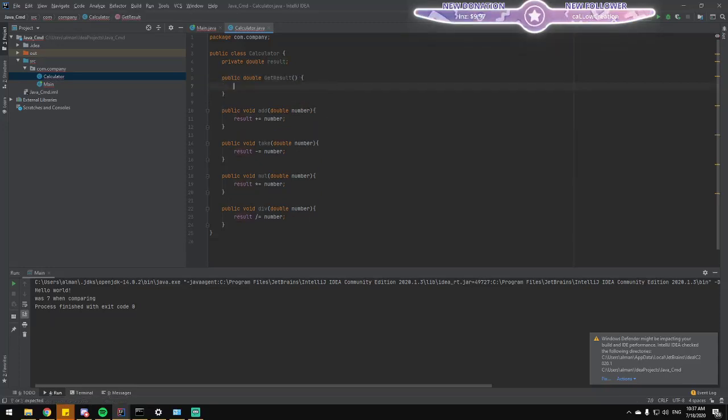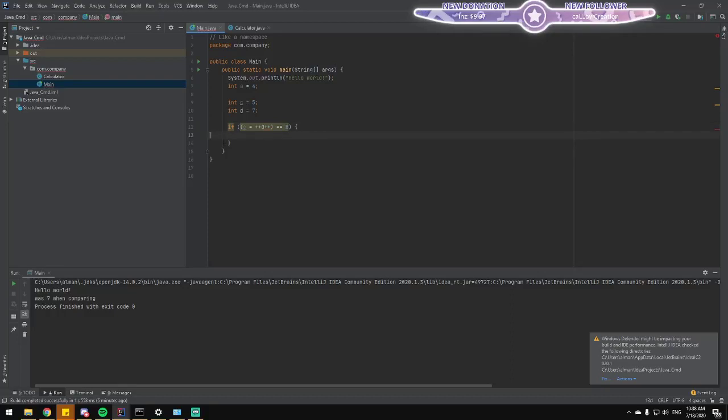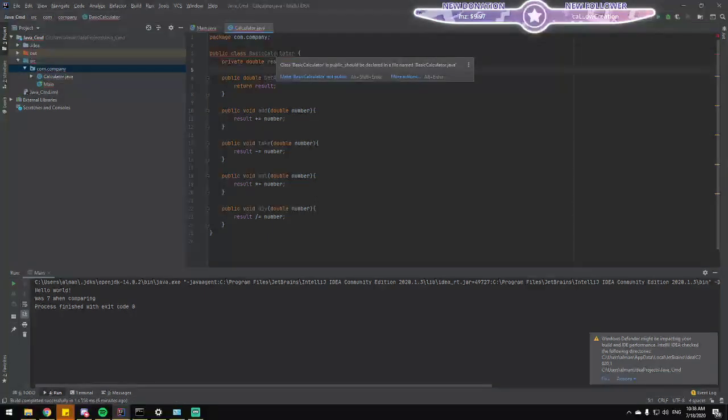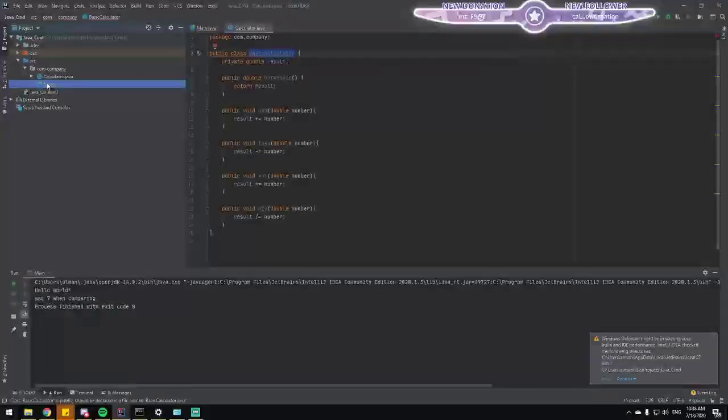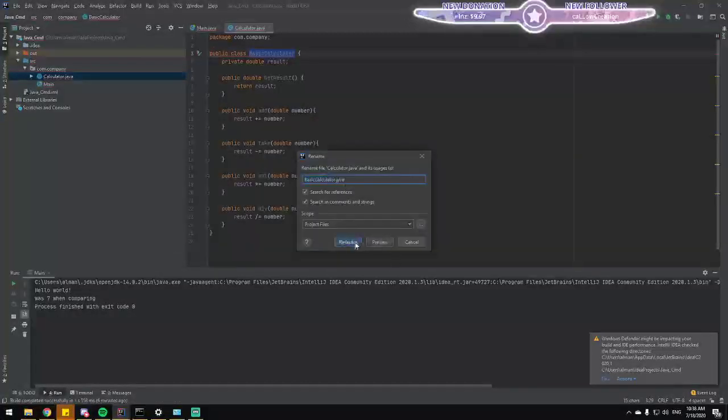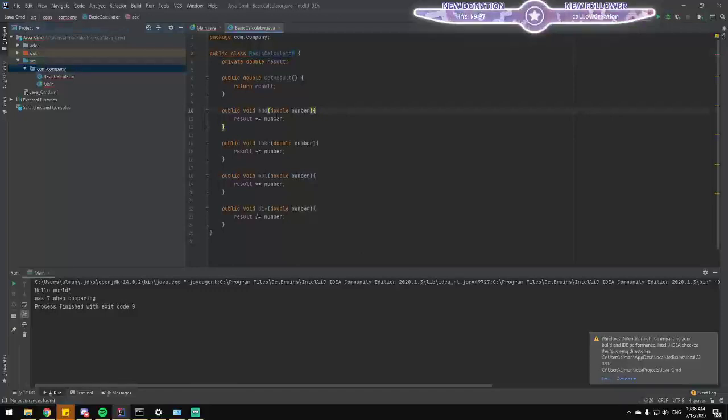Okay, do it the old school way. Result. Okay. That's fine. That's a basic calculator, I'll call it. Oh, look. It complains that it's mismatching the names. I like that. Rename, refactor, rename file. Okay.